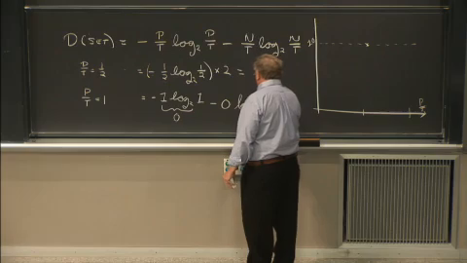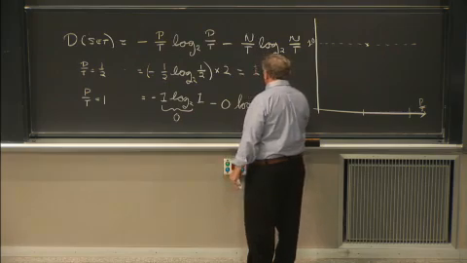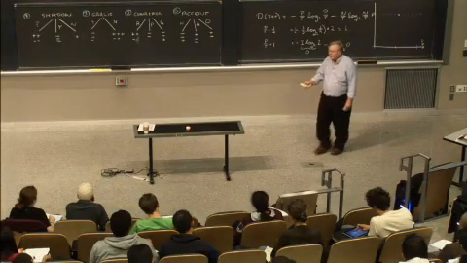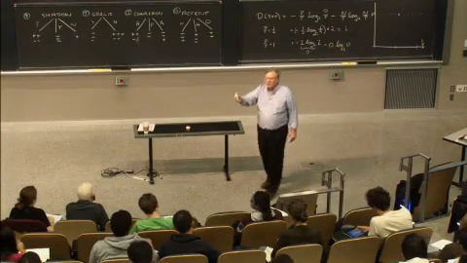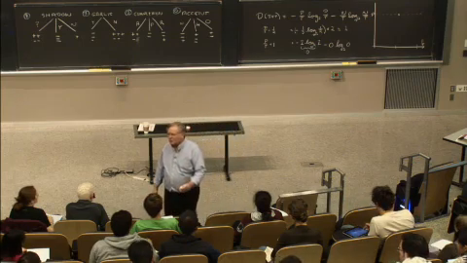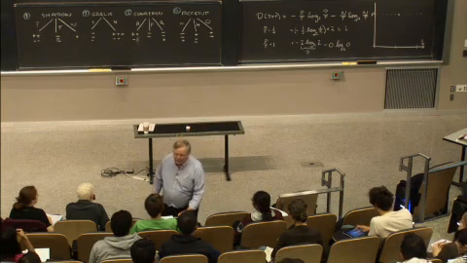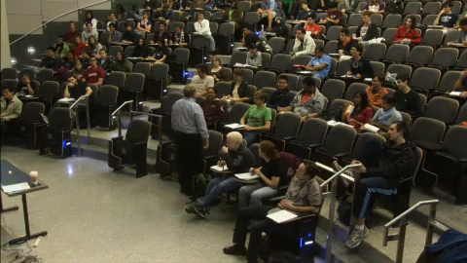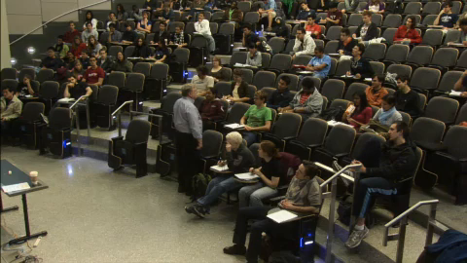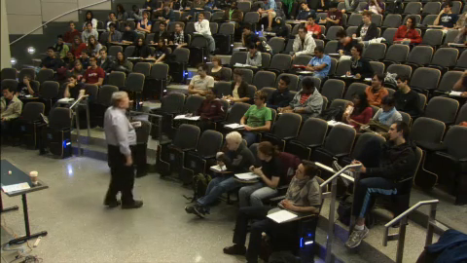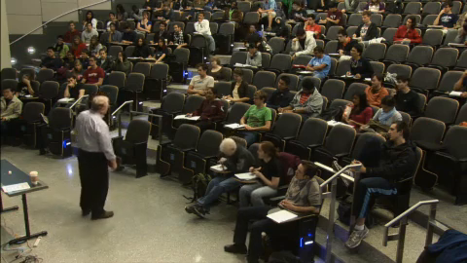Log to the base 2 of 0. What's that? Minus infinity? Uh-oh. 0 times minus infinity is what? I didn't get that when I was in high school. Finally, 1801 makes a difference, right? Finally. What's the answer? Well, we're interested in the limit as n over t goes to 0, right?